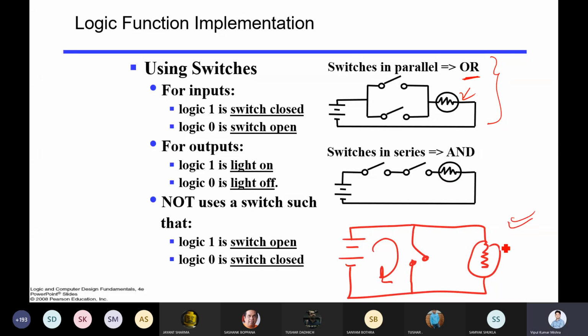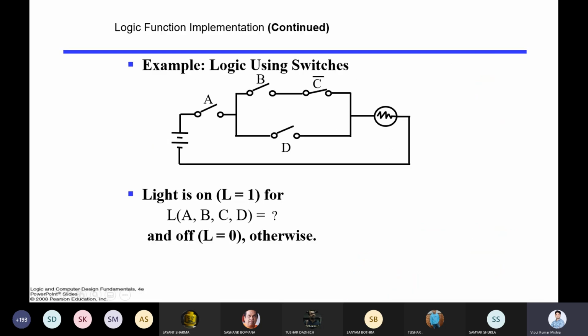What is special here? How is it representing NOT? Do you remember short circuit? The shortest path that current will follow. The same concept we are utilizing here, right? So once it is on, like it is connected, then this will not glow. Means once it is 1, output will be 0. Once it is 0, output will be 1. The switch is the reverse of that. So in that way, you can represent it in the form of a switch as well.